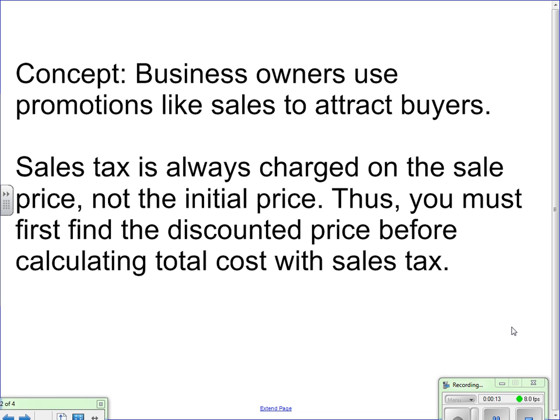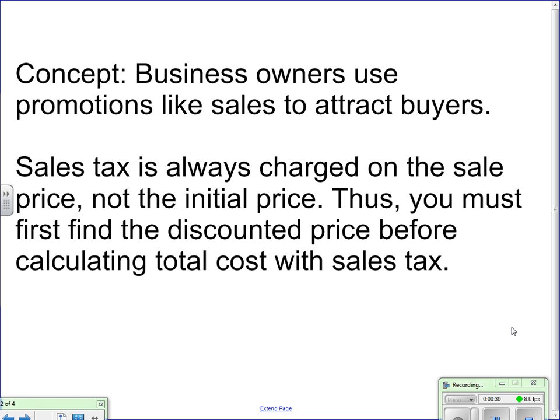This podcast is titled On Sale and deals with promotions and sale discounts. So the big concept here is business owners use promotions like sales to attract buyers. And another important point to note is that sales tax is always charged on the sale price, not the initial